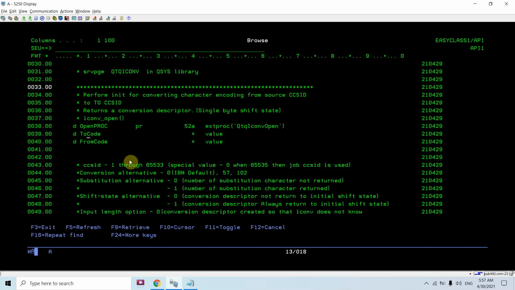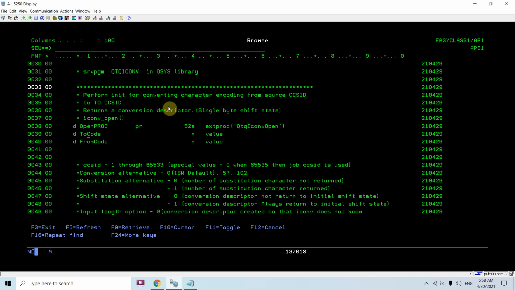To code consists of the to CCSID and other things as well, and from code consists of the from CCSID and other parameters as well. So basically it's a data structure. I am passing the pointer to the data structure, not the data structure directly, as its prototype has already been designed by IBM.